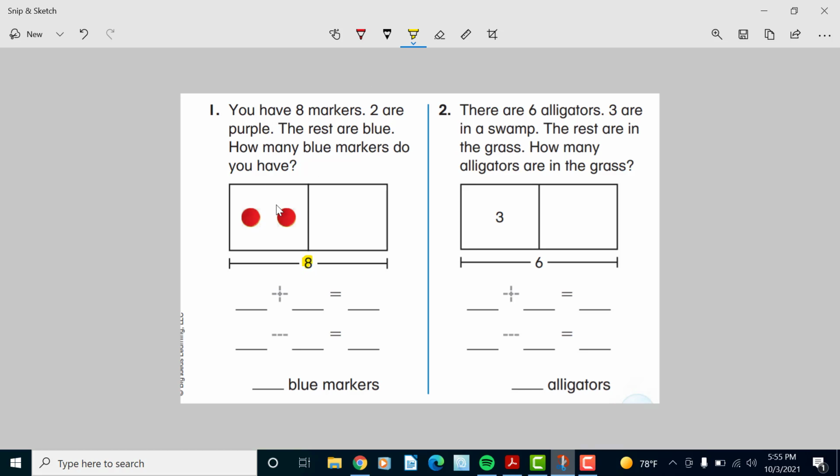2 are purple. That's these 2 right here. The rest are blue. How many blue markers do you have? So we're going to, here's our 2. We need to get up to 8, right? So 2, 3, 3, 4, 5, 6, 7,